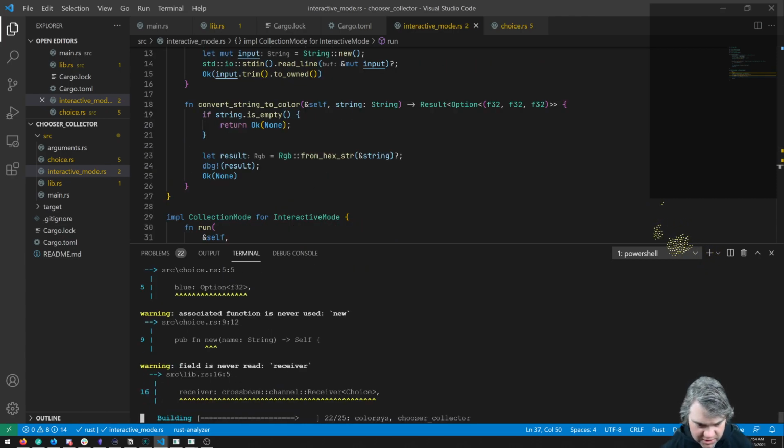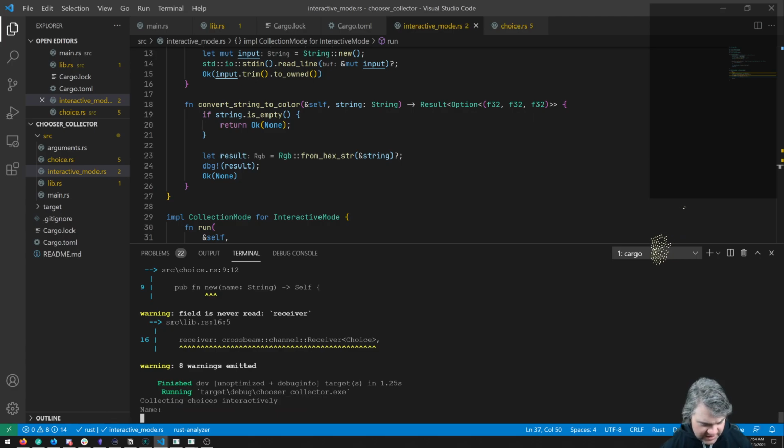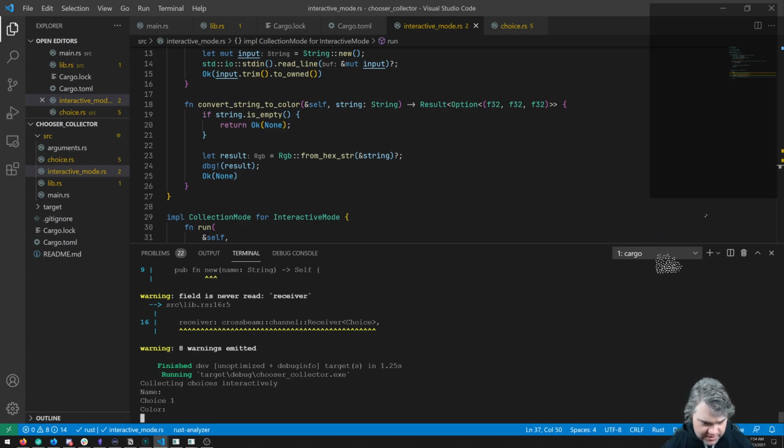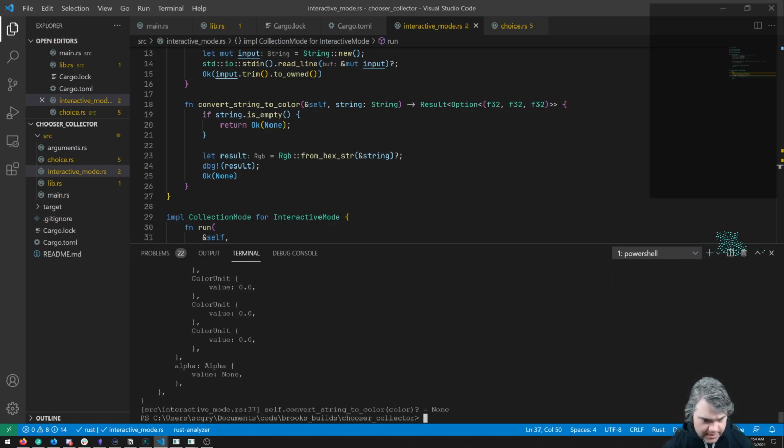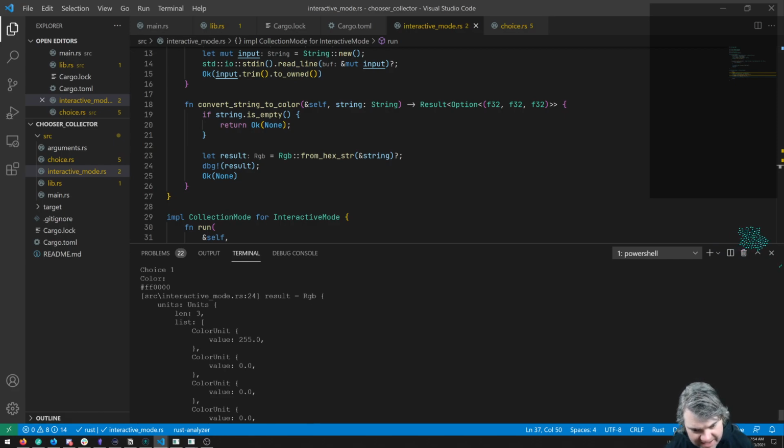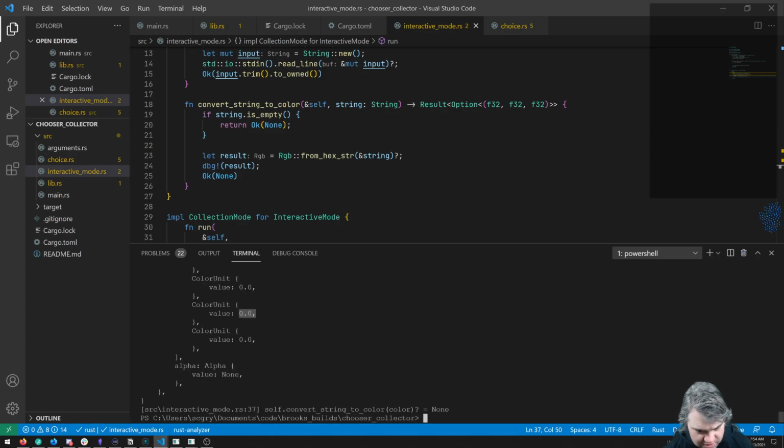So if we do name Choice 1, color is, let's try it with the hash. So we do FF0000. Aha, here we go. Okay, we get 255, 0, 0. So that is perfect. So if we do this again,